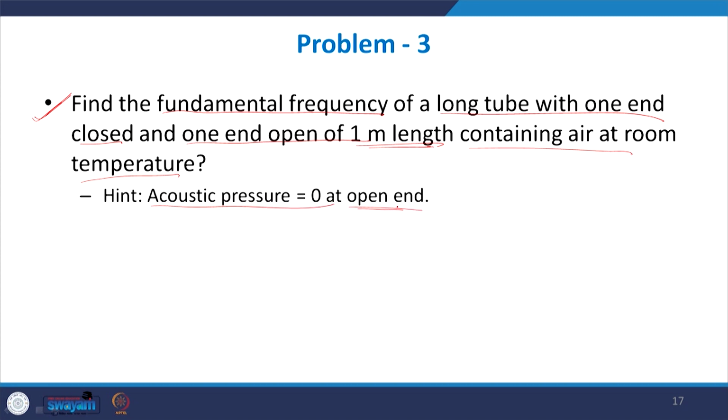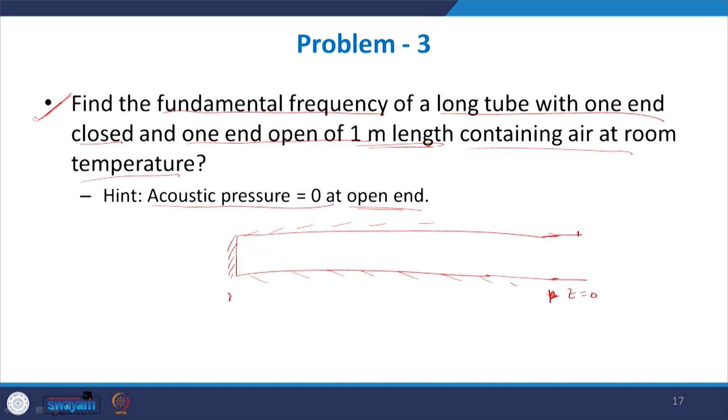So what we mean here is that, suppose this is a long tube, one end is rigid, and this end is open. What happens at this end is that whatever velocity is entering here is just going out. So this end is just like an open window. Here it offers no resistance to the flow of sound waves, which means that the impedance is going to be 0 at this end.